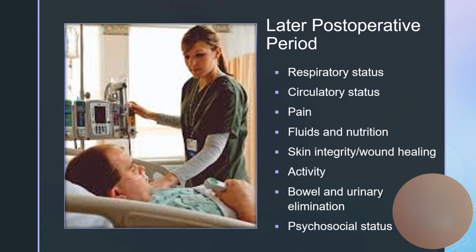Guidelines for resuming oral fluids. Again, we keep the client NPO until the bowel sounds have returned or gastrointestinal activity has resumed. They begin passing gas, they've had a bowel movement, etc. But remember that that activity may not return for 24 to 48 hours. We're also going to assess swallowing, making sure that that gag reflex has returned. We'll introduce sips of water or ice chips slowly, usually within 4 to 24 hours post-op, unless it was a gastrointestinal surgery. And sometimes they may go without anything by mouth